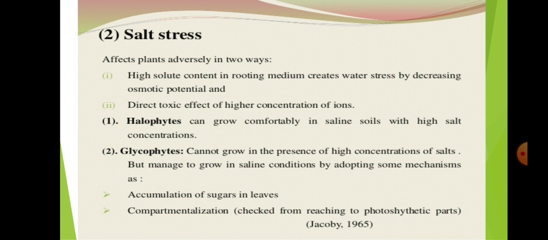Then another type of plants, called glycophytes, cannot grow in the presence of high concentrations of salt but manage to grow in saline conditions by adopting some mechanisms. The first mechanism is accumulation of sugar in leaves,